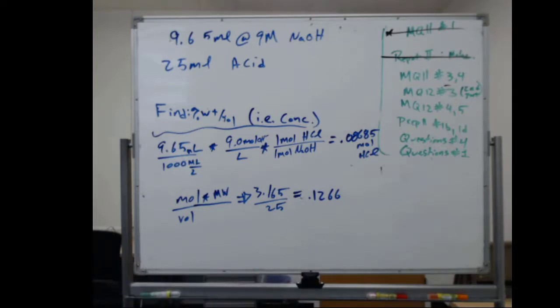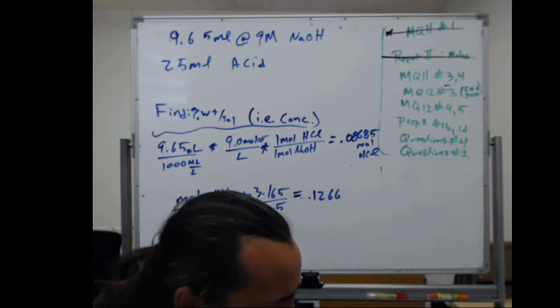So that was mastery question 11, number 3. It uses some different units, but it's not much trickier than the things we've been doing. Number 4, however,